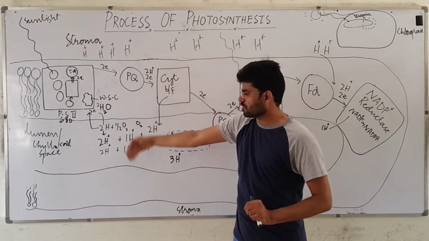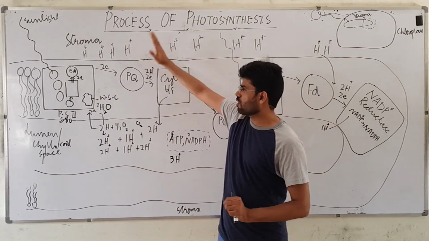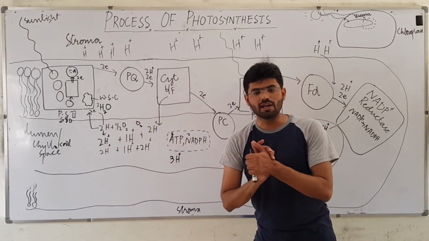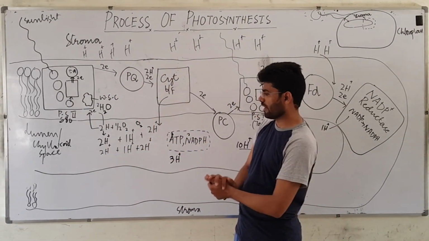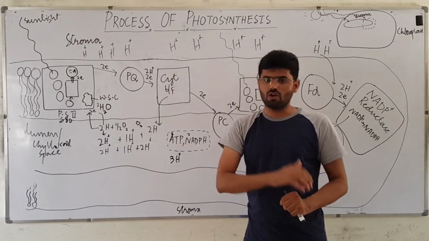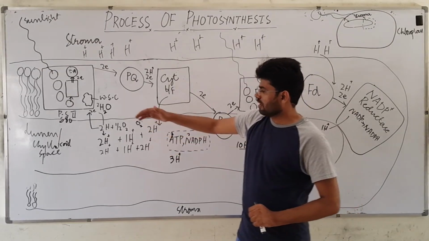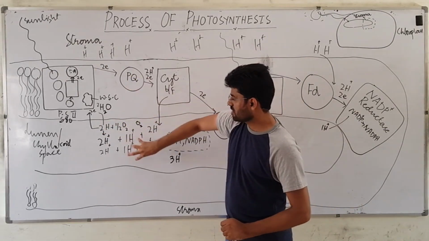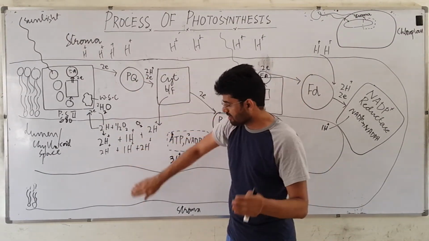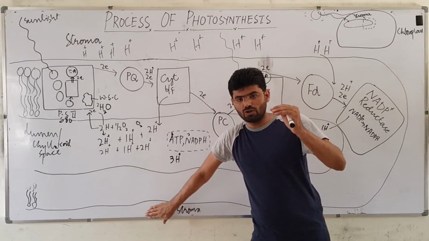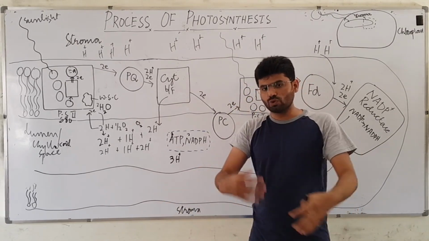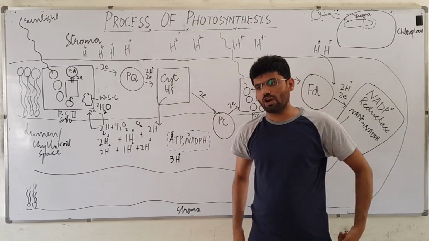And ATP is synthesized by the movement of electrons, and when an electron moves from one place to another, it causes an accumulation of protons from the stroma into the thylakoid space, or the luminal space of the thylakoid. So ATP is synthesized by the accumulation of protons, because at this place the concentration of H plus ions gets higher as compared to this region.